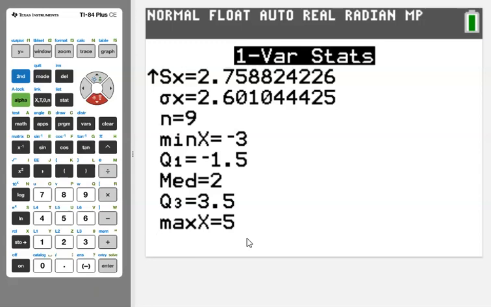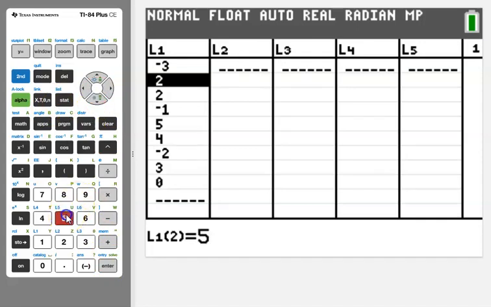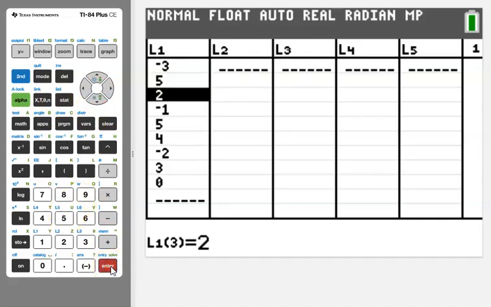And we're going to go beyond just finding one variable stats to looking at a box and whisker plot for some data. All right, so the next set of data, let's go to stat enter. All right, I'm going to type over. I've got -3 and then 5 and then 8 and then 1,